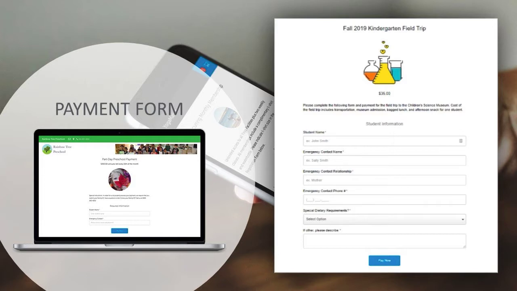So again, this will create a shareable link for you. You can put it in your emails when you're maybe talking about this upcoming event, parent Facebook groups, pretty much anywhere you can share a link, even via text. It's really just another great way to empower parents, students, donors to make payments through that easy to share web link. Just not quite as complex as an online store, but you can still get paid even when